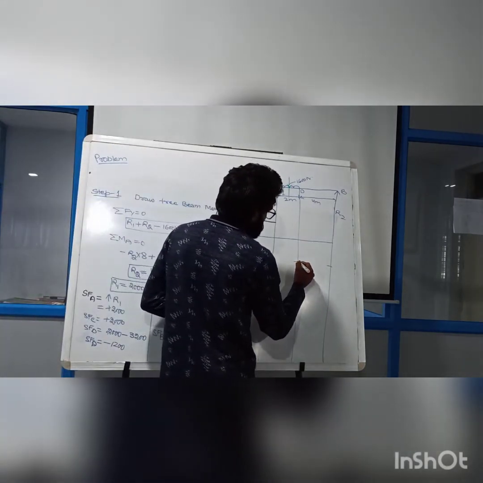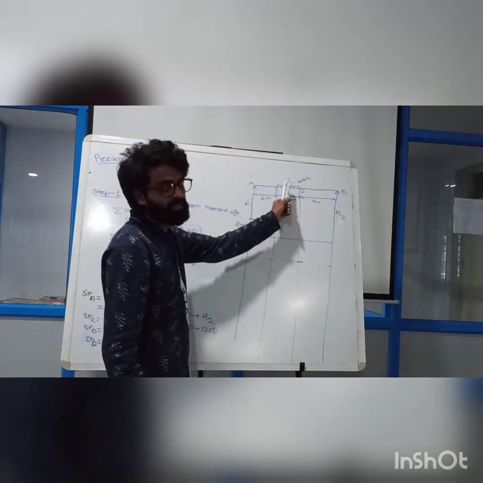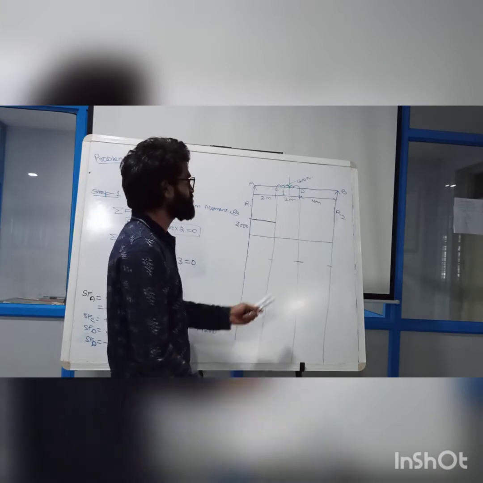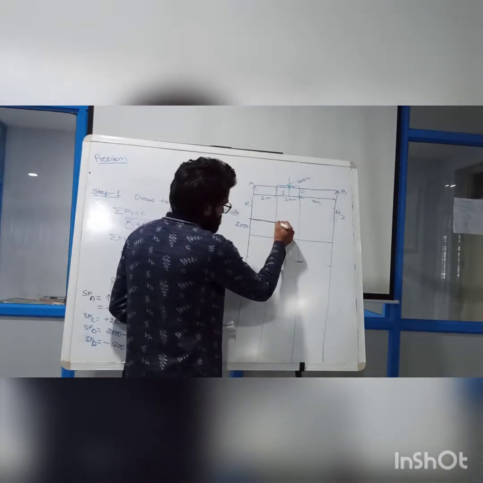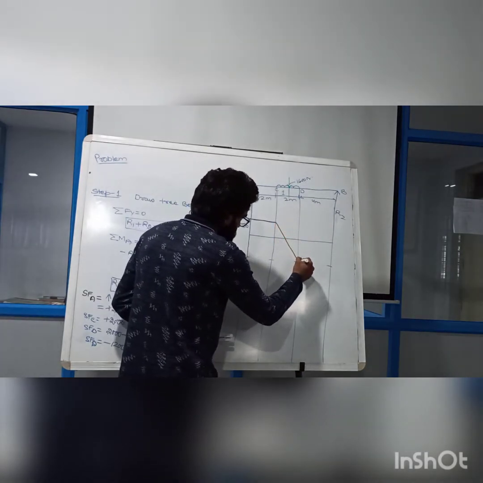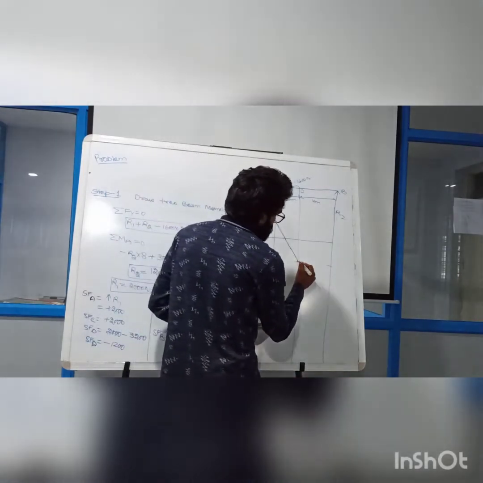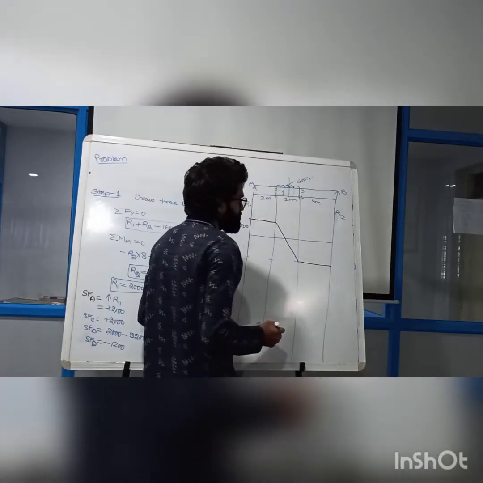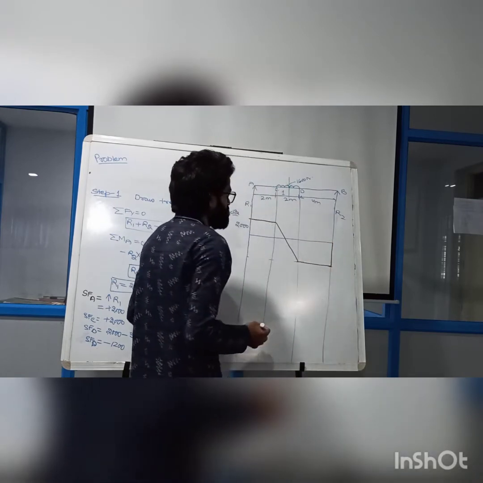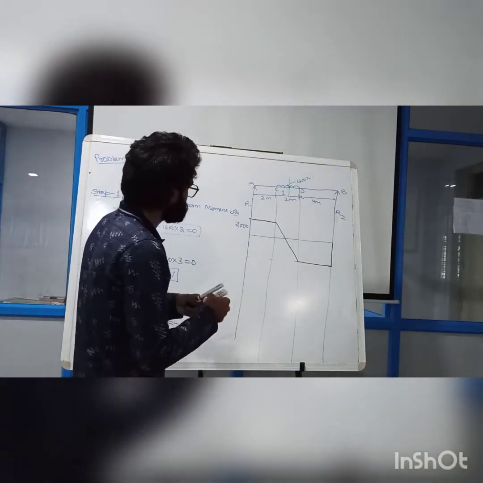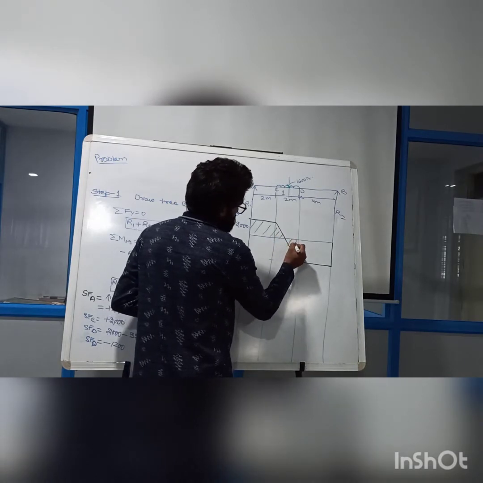So somewhere here I got 1200, minus 1200. You all know that if there is a UDL, then for the UDL the shear force diagram is an inclined line, so I will join both the points. It is an inclined line here. And you can see up to B there are no forces, so it will stay like that. And at B I got my shear force equal to 0. So this is my diagram for shear force.